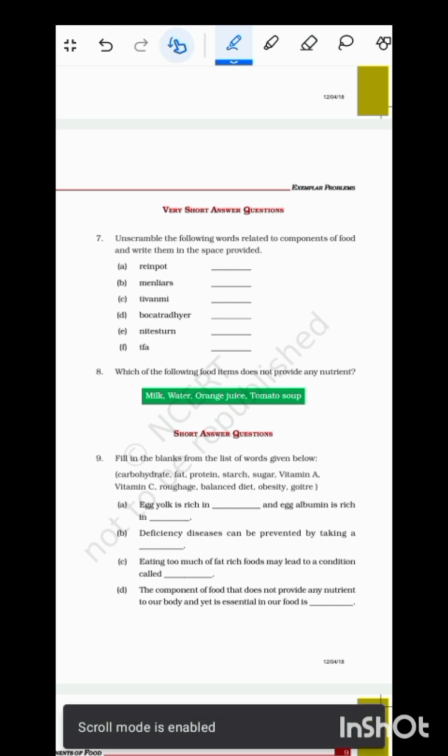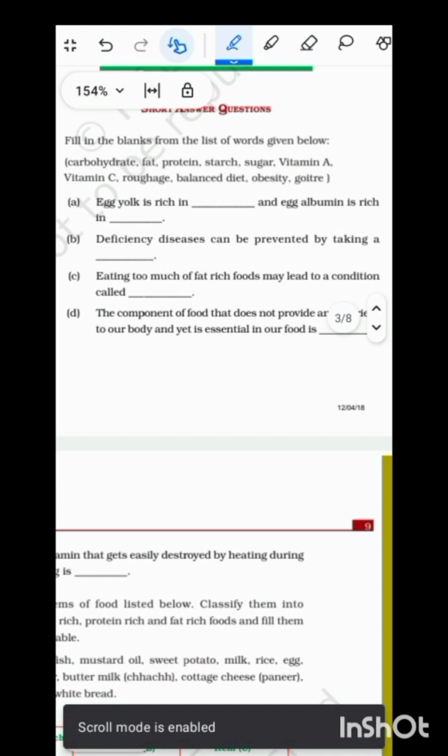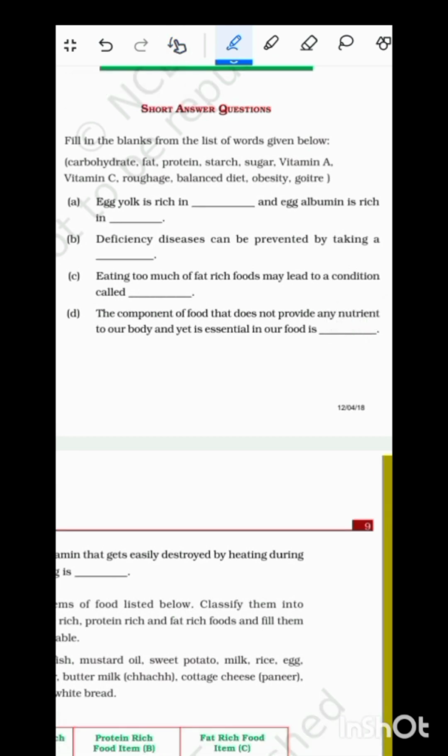Coming to question number 9. So let's see. Egg yolk is rich in fat and egg albumin is rich in protein. Deficiency diseases can be prevented by taking a balanced diet. Eating too much of fat-rich foods may cause a condition called obesity. The component of food that does not provide any nutrients to our body yet is essential for our body is